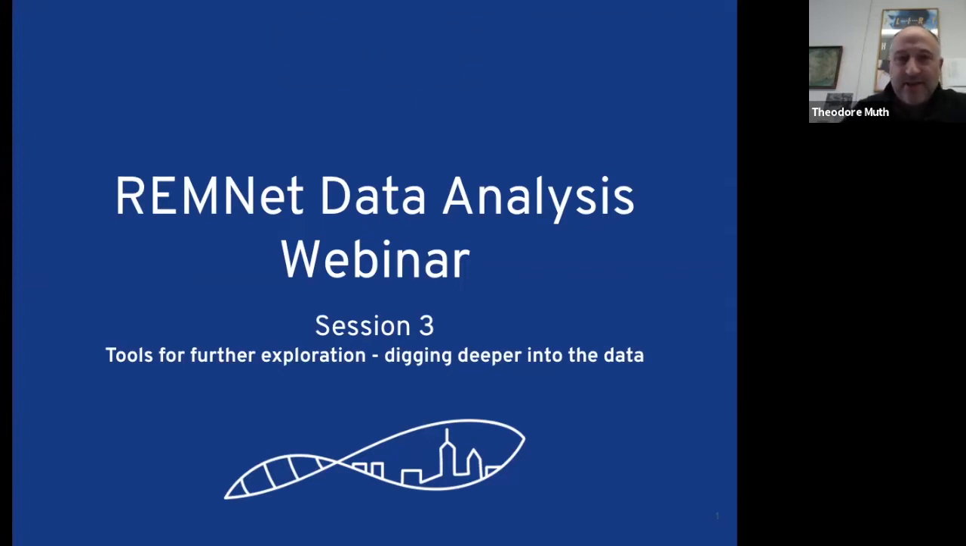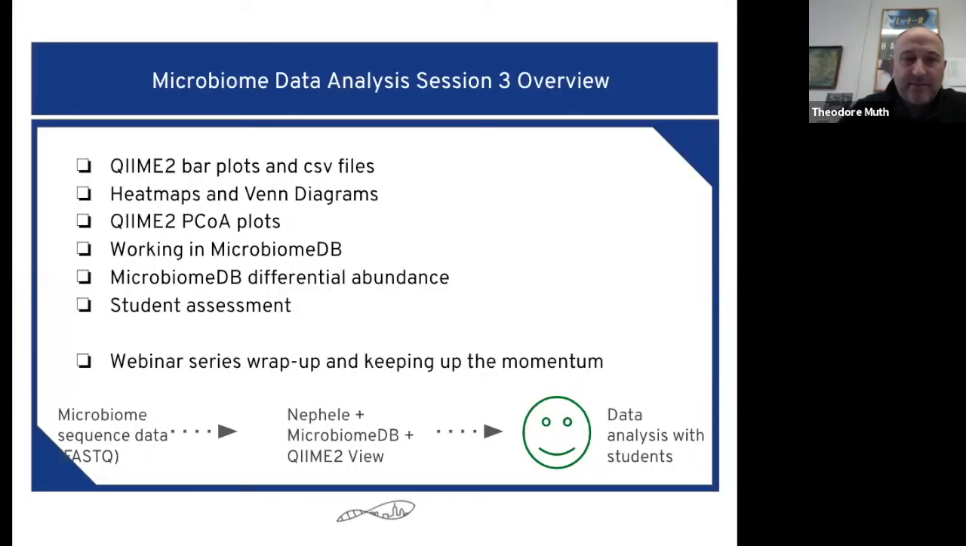All right, excellent. So we're continuing on with the data analysis, and we've been pretty ambitious. And again, today is another ambitious day. We may not get to all of this, but what I'm hoping to be able to cover is the QIIME2 output for bar plots, which is really cool. And also how to go from that to heat maps and Venn diagrams in Excel, because these are really excellent tools to get students started with actually kind of manipulating data